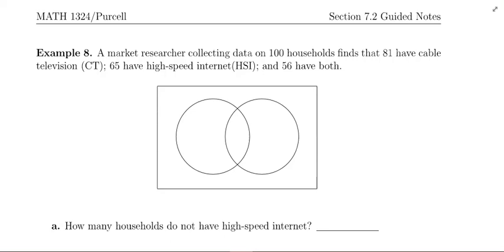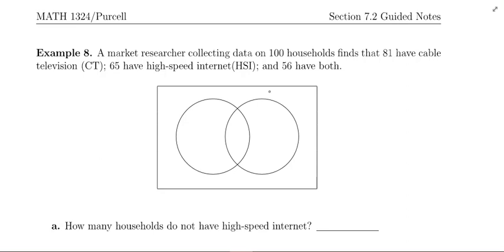Example 8. A market researcher collecting data on 100 households finds that 81 have cable television, 65 have high-speed internet, and 56 have both. All right, so there are some questions that follow. To make it easier to answer those questions, we are going to organize this information in a Venn diagram